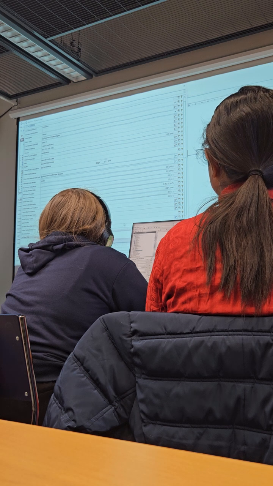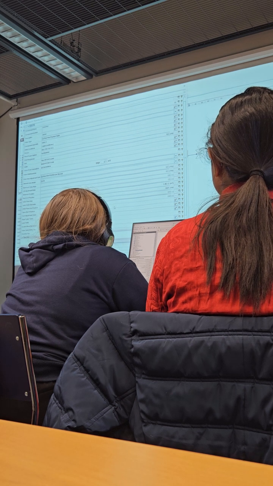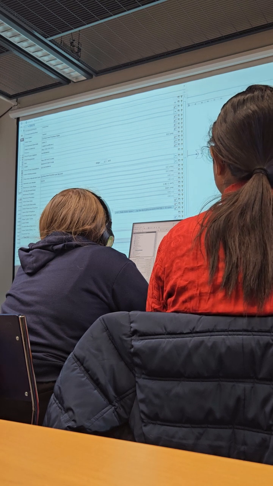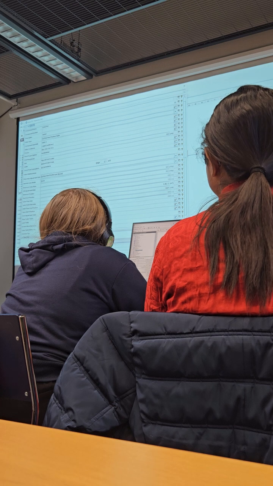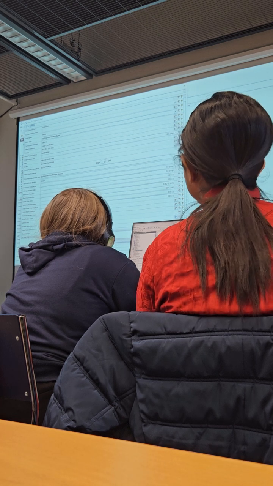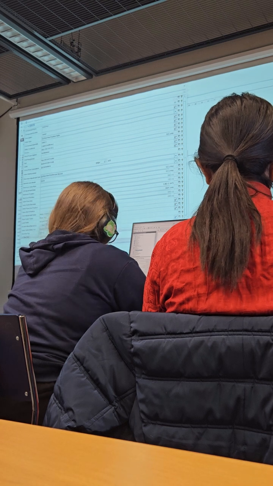Fine, so now this valve operation is set. Of course, you can manipulate these openings as you like, how you favor it to be. Okay, and then